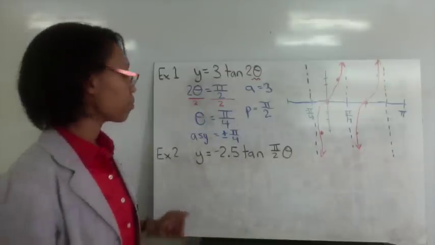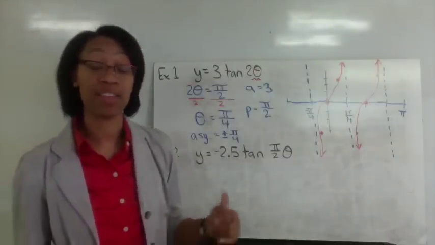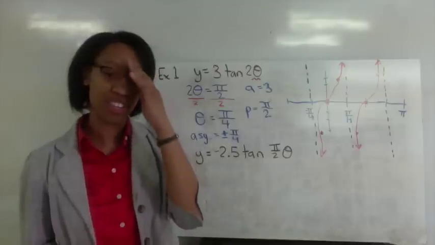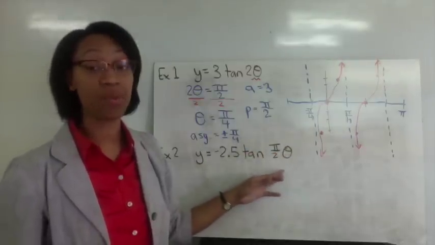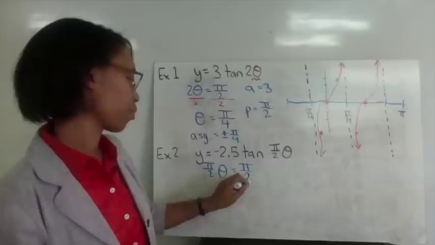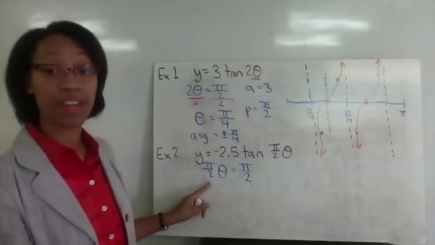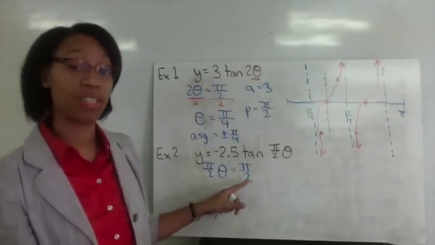Let's do one more example. In this example, let's find the asymptotes first. So the asymptotes are going to be, I'm going to take this part inside here and set it equal to where I know my asymptote should be, which is pi over 2. So I have pi over 2 theta from right here equals pi over 2, which is always the same,